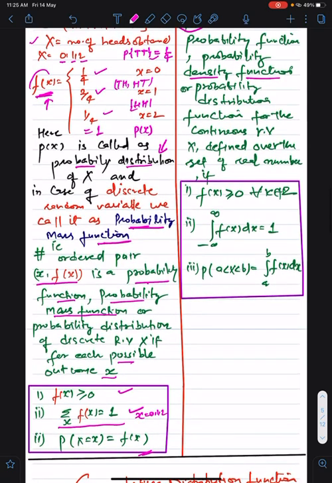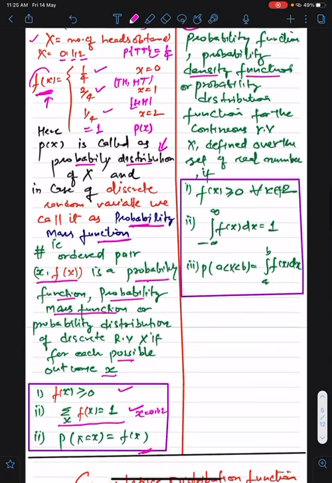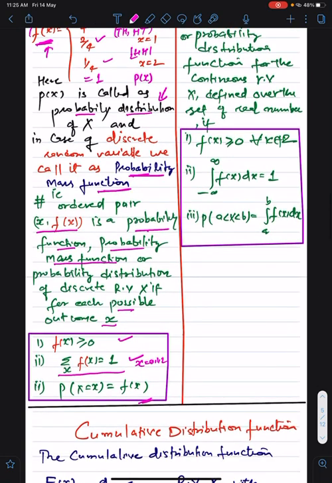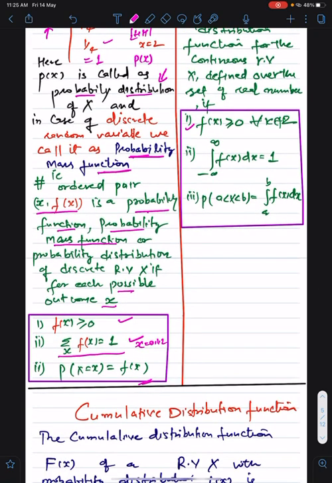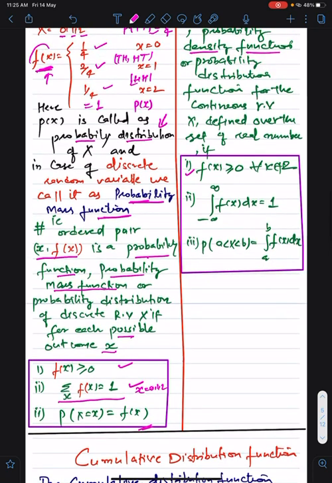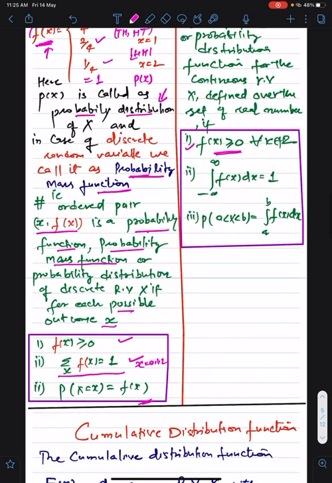So if this is a function, let's divide it in a proper way. It satisfies the following properties. In the case of discrete, our first property is quite the same. As this is also a probability distribution, it will always be a positive number, right? So it will always be greater than or equal to 0 for all values of x, right?